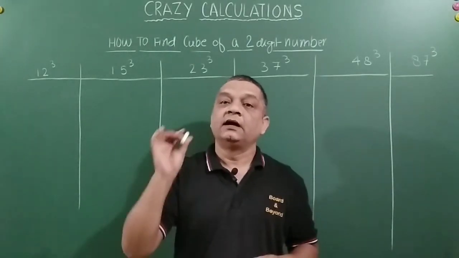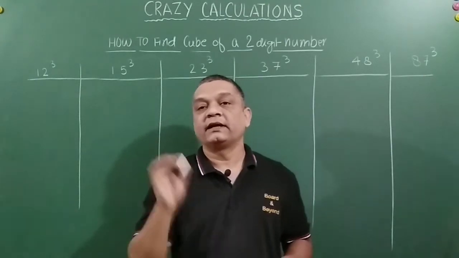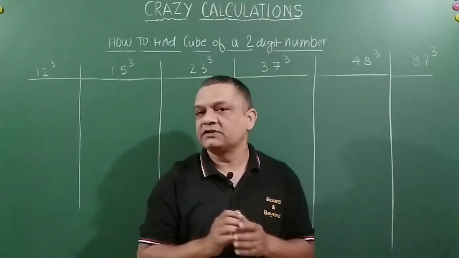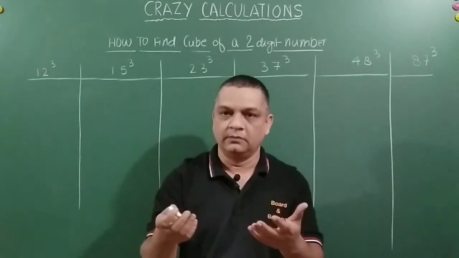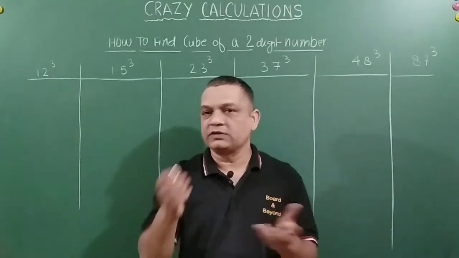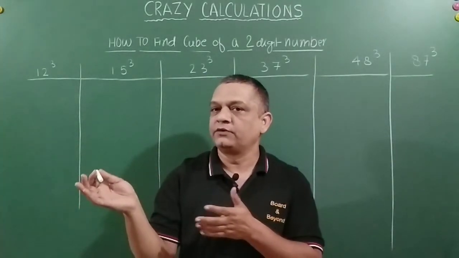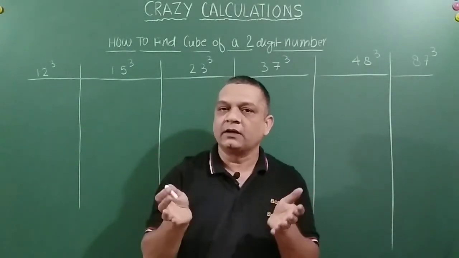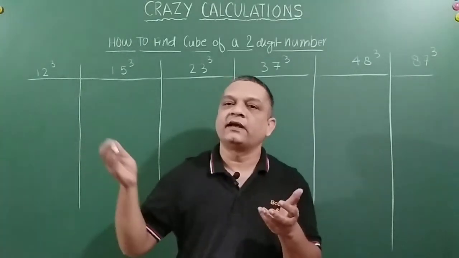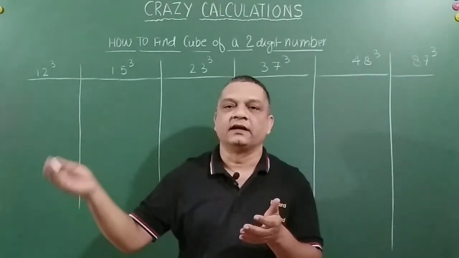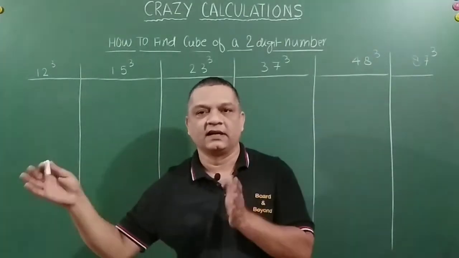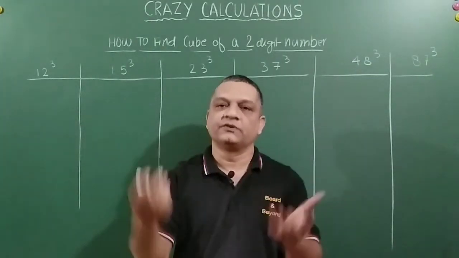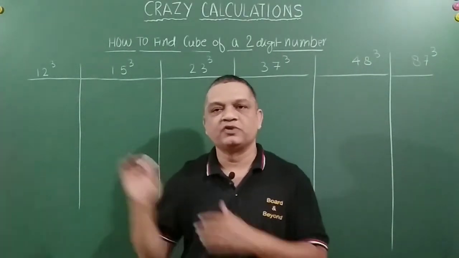Where you find its applicability is, let's say you are given the diameter of a sphere. You know a sphere, right? If you are given the diameter of the sphere and you are asked to find out the volume, then how do you do that? Because that is 4 by 3 pi r cube, so you have to do the cube of the radius. That is one thing. Now let's say a sphere is melted down and drawn into a wire of cylindrical shape for a certain length. What would be the diameter of the wire, or how much would the thickness of the wire be? All these problems, you will find it useful.